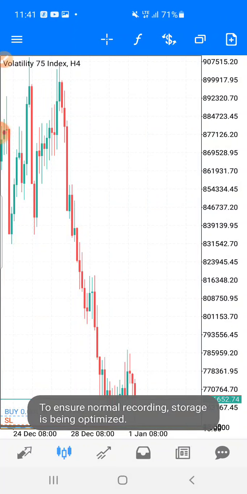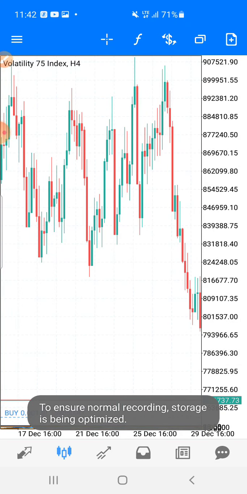Volatility 75 and other volatilities. In fact, for me, I think this is the best scalping strategy on volatility, both 75, 50, 25. And I'm currently on a trade. When I discovered that, I've been using this strategy, but I needed to see a confirmation that this strategy will always work, at least 70% of the time. Now, this strategy is the simplest strategy and that's why I'm giving you guys this strategy now.